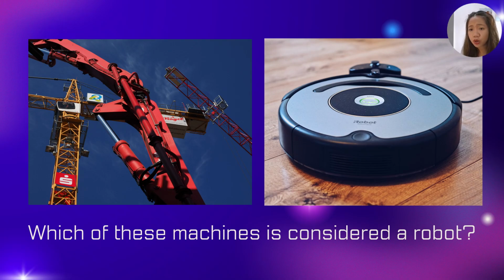Now, sometimes there is a blur between these definitions. There are somewhat pseudo robots that are quite automatic already, but not particularly a robot because they're not programmable. They can be programmed to do one thing, but that's pretty much it. Their capabilities are limited, therefore they cannot be completely considered a robot. So for example, the automatic doors that open when you go to the mall and such. Technically, it is physical, it is programmed, but it's not a complex series of tasks. It's open and closed, and that's pretty much it.